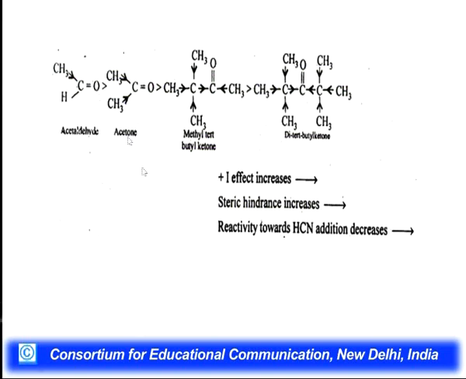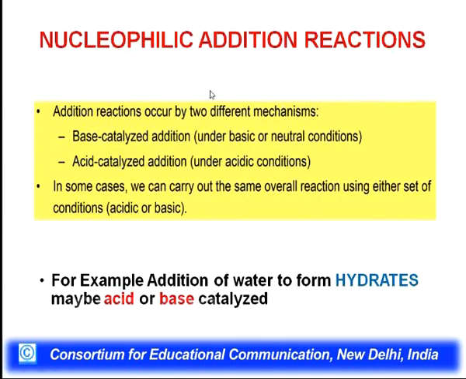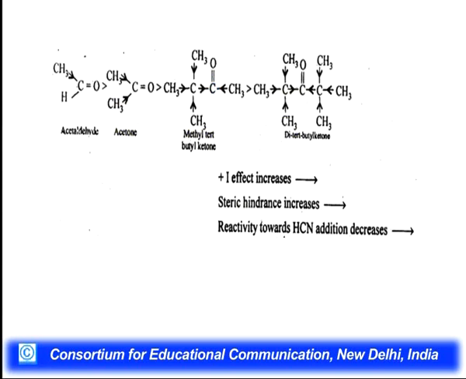So what we look at here is, if I compare these carbonyl compounds, then what we find is that this acetaldehyde is very reactive because it has only one alkyl group. This is less reactive because it has two alkyl groups which are neutralizing the positive charge on the carbonyl carbon. Then when we look at methyl butyl ketone, the butyl group is bulky, and because of this there is steric hindrance and